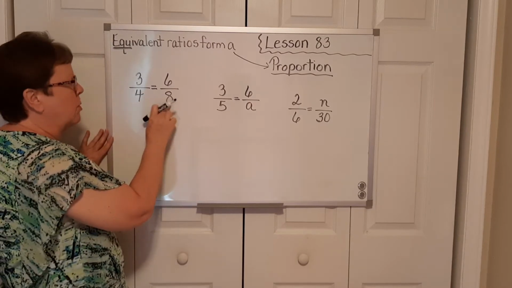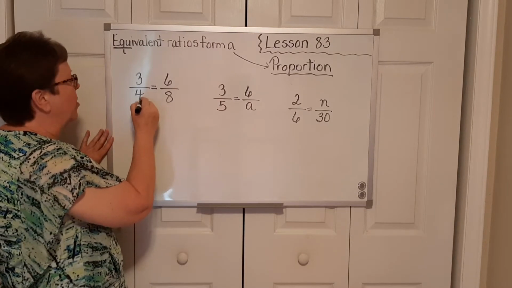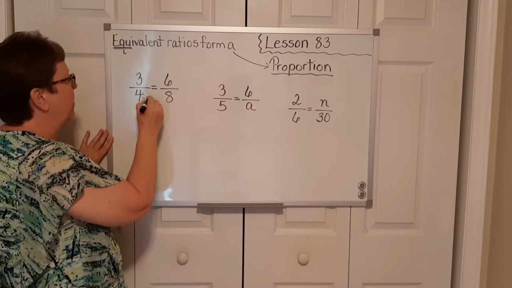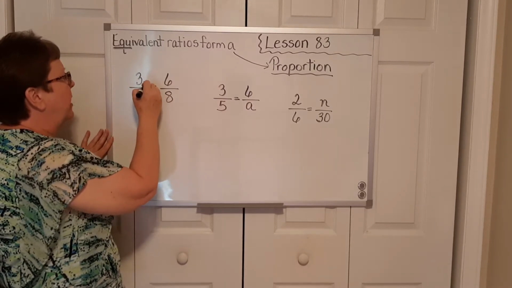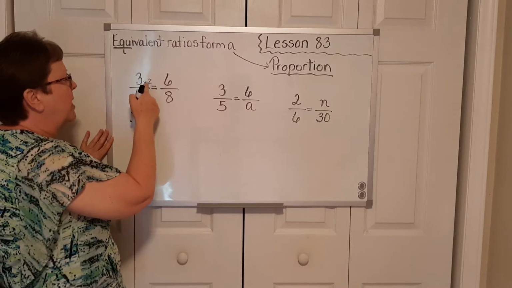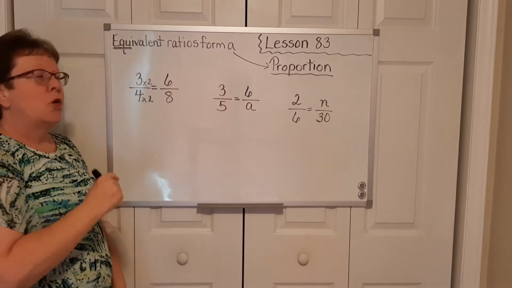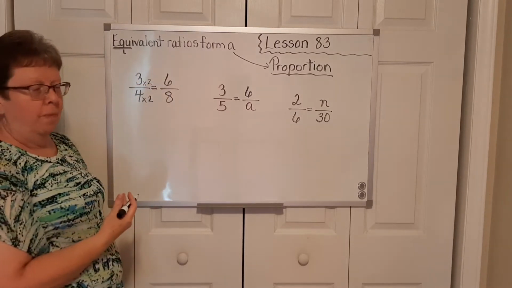You say, well, how do you know they're equivalent? Well, 4 times what number is 8? We know 4 times 2 is 8. So if that got multiplied by 2, this would have to get multiplied by 2, and 3 times 2 is 6. So that forms a proportion. Okay, here,